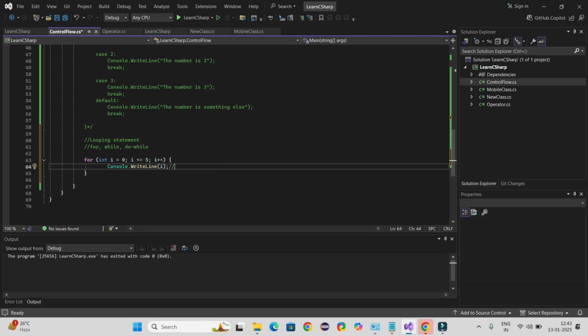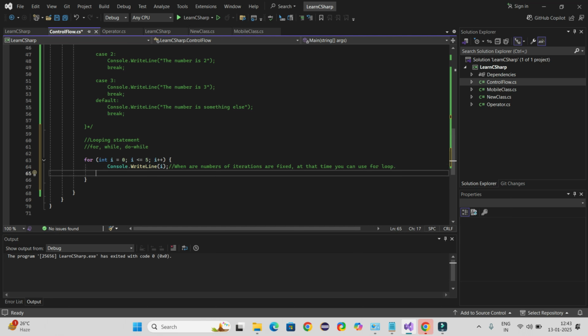Okay, so it is like this: 5. I want to iterate my control as long as it is less than equal to 5. Alright, so when the number of iterations are fixed,